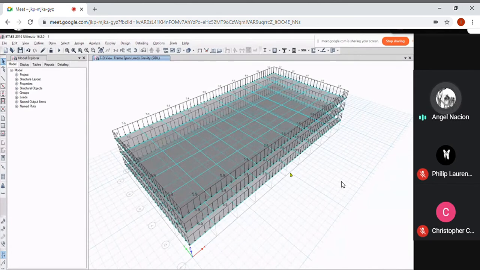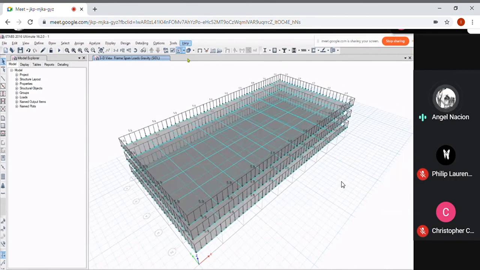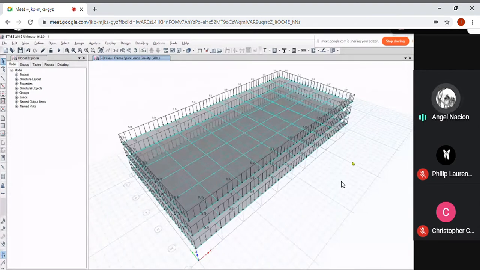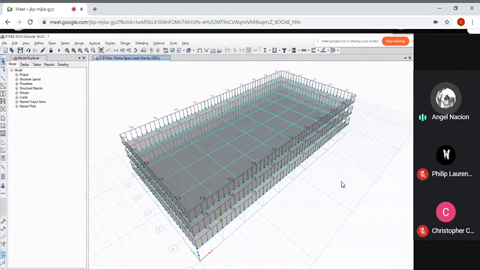Wala naman kasi tayong architectural plan. So, when you are doing the real design, for example, you have the architectural plan. You will find here the different locations of the walls where you can apply the loads. But we assume na yung CHB natin is nasa perimeter lang. Okay,